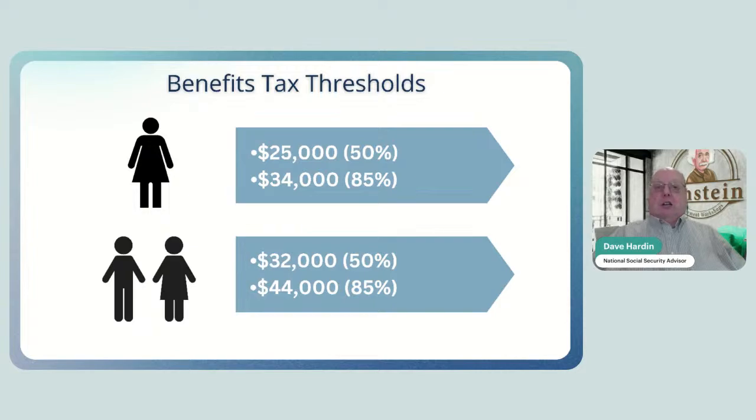All 1099 income. Maybe you work in the real estate world and you sell houses, or you do odd jobs and you get 1099s, or you report 1099 income. That all counts as provisional income. All real estate income. Maybe you have figured out that buying real estate can be a really good tax benefit. There are all sorts of discounts and depreciation, but all of your rental income counts as provisional income, 100% of it.